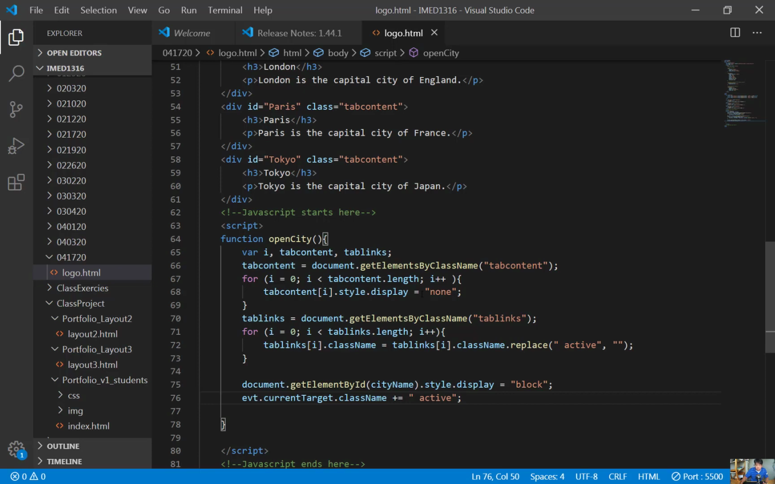Okay, so this plus equal. Remember how we did the updating with the i? It looks like this. This is the post increment. So what this means is that this statement,